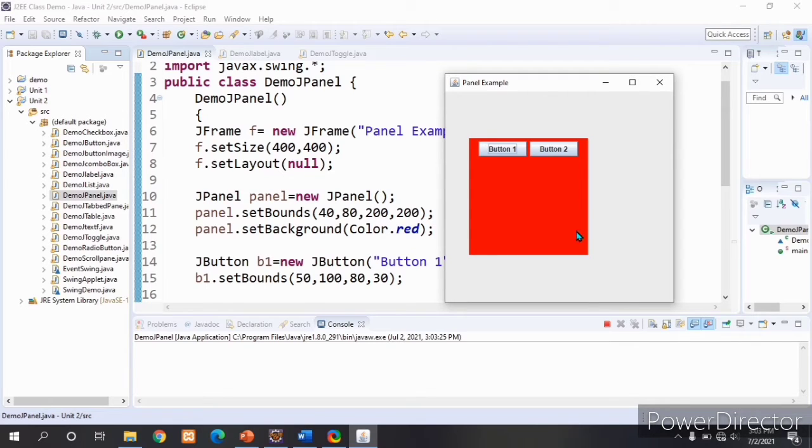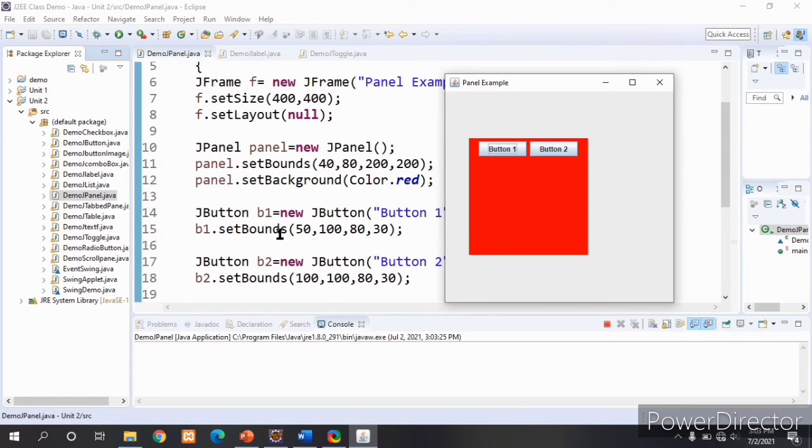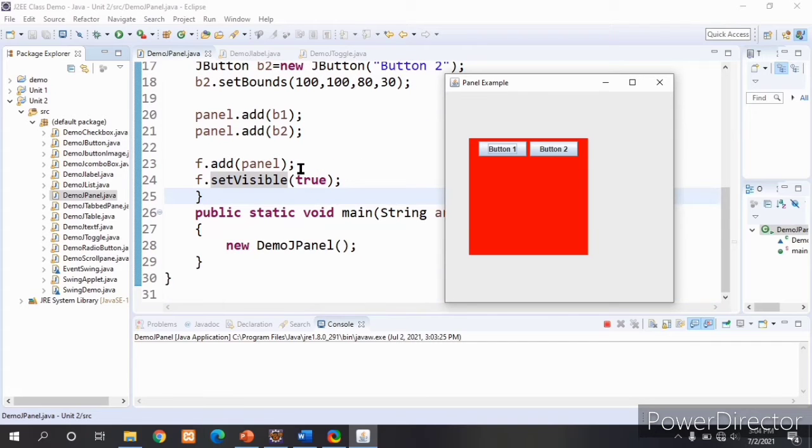The background color for that JPanel is red. Next we created the 2 buttons, then we added those 2 buttons into the panel. Then that panel is added into the content pane of that frame. This is the example for JPanel.